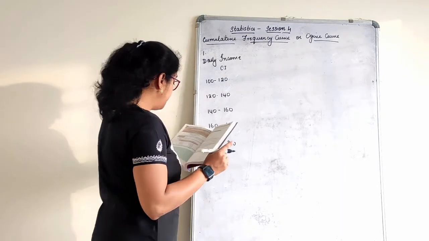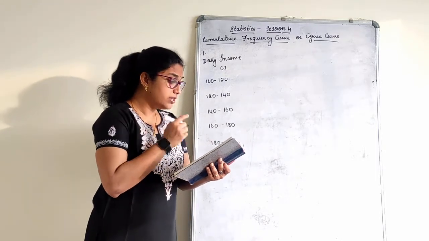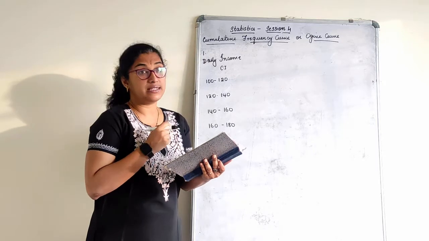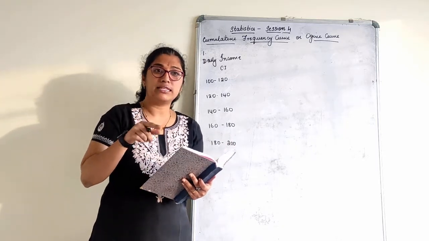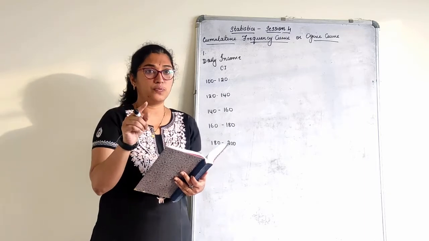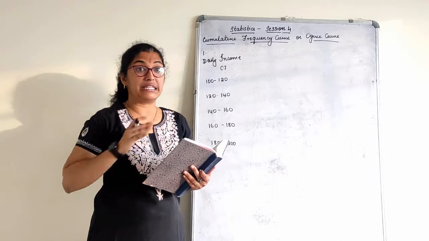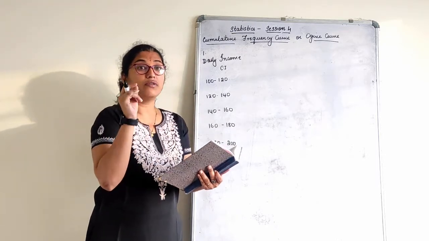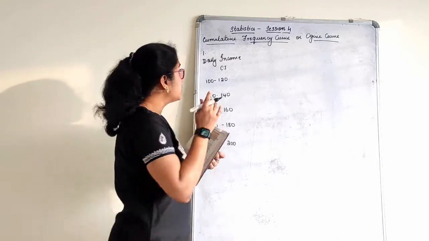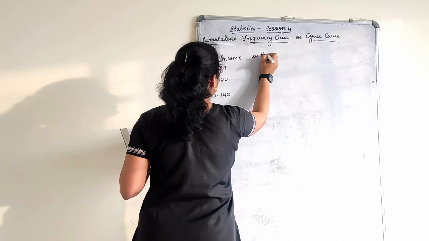Before you write the frequencies, wait. Convert the above distribution to less than type. See, understood? They will always give you to convert to less than or more than. It is not left on you. Either readily the data is available, either less than or more than is given instead of CI, or they give you what you have to convert with. Convert to less than type. I will write here less than type.